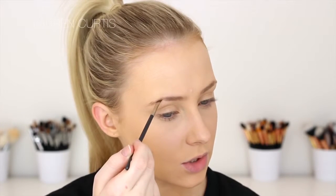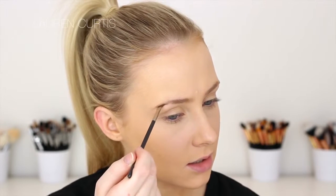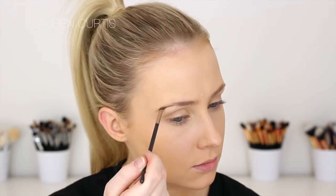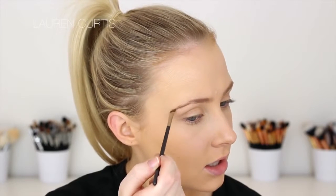It really does help. Then I'm going to use my 266 and my medium brow powder duo. So I like to draw a line from here, from where the bottom of the arch is, to where I want the end of the tail to be. It's just going to be pretty much a straight line, and I'm just going to draw a line from here straight down. So I'm just going to continue that line